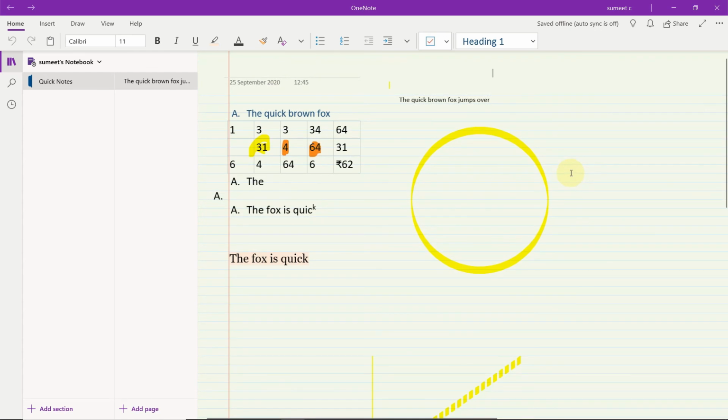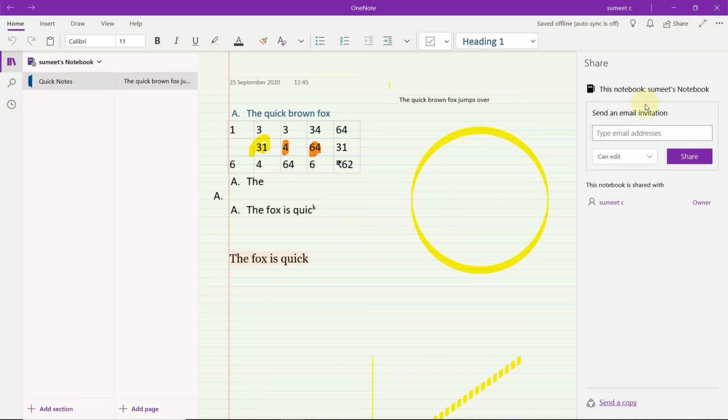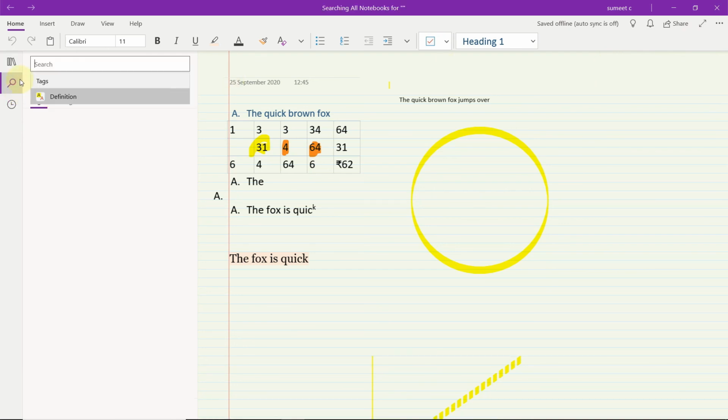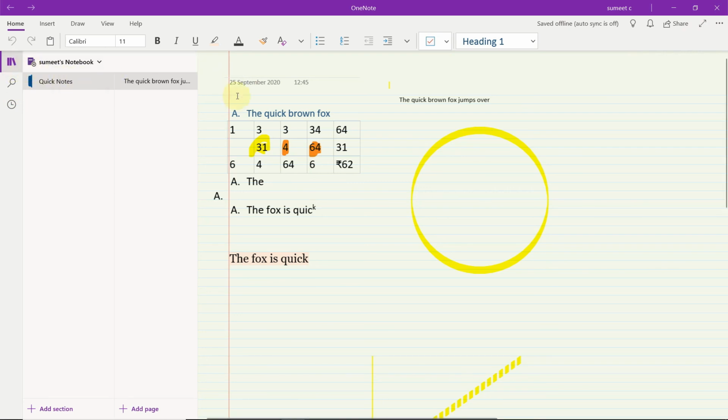so OneNote will be doing some note making in the days to come. We are just checking out this OneNote thing, how the whole interface for note making is. You can also share. Okay, you can also share your note. Okay, some features are similar to Evernote, but there are quite different features also, so it will take some time to get used to these features. So I'll see what I can do with this OneNote thing.